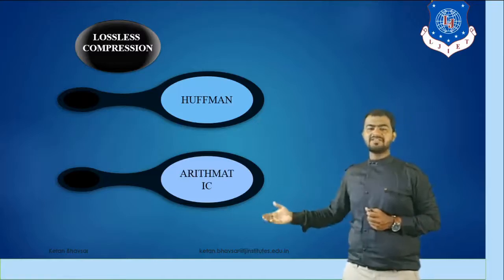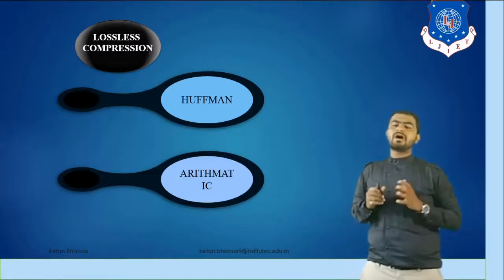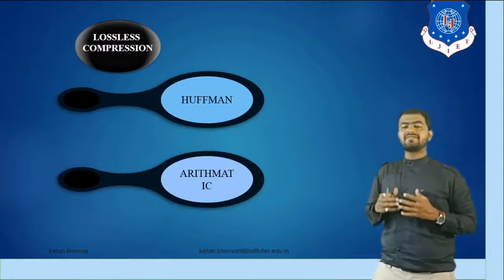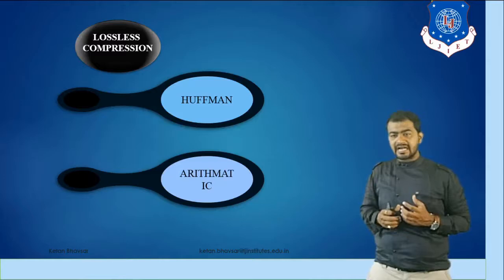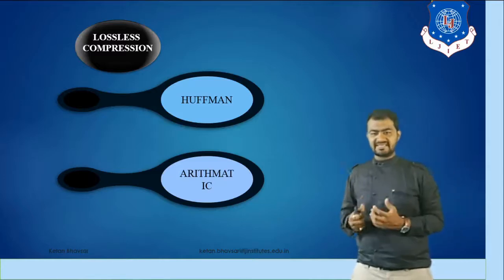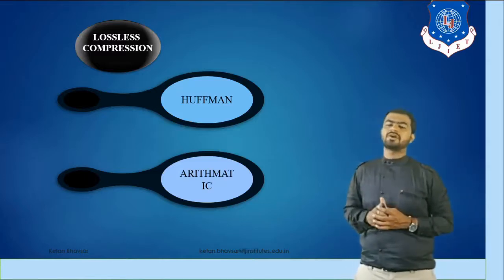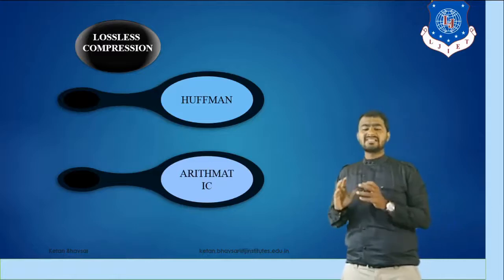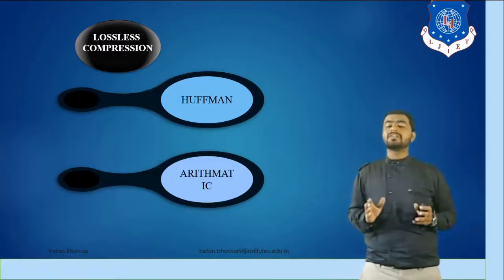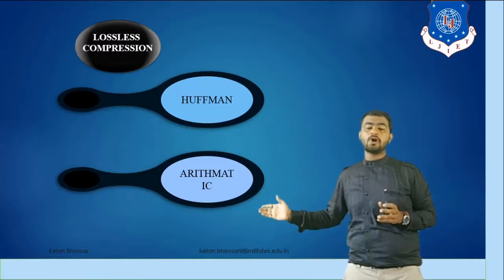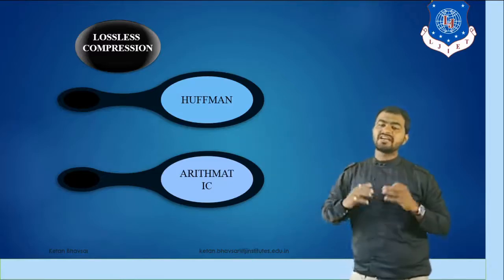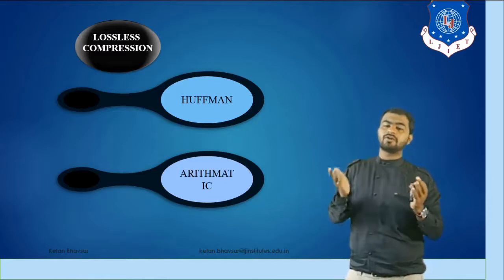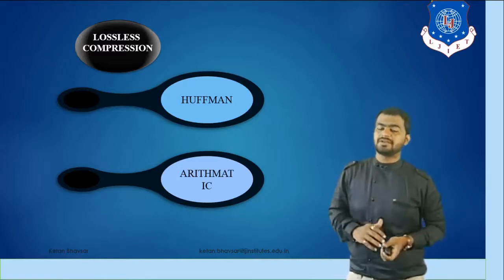Now in this session we discuss arithmetic coding, how arithmetic coding actually works, how we can transmit and receive the data with the help of arithmetic coding, and also the basic steps we have to follow when we work with arithmetic coding. See, the concept is very clear. Arithmetic coding is totally opposite to Huffman coding. When you work with Huffman code, we have to follow the opposite operations in arithmetic coding.